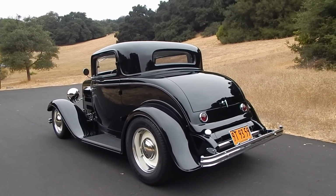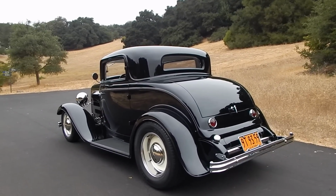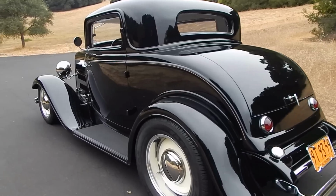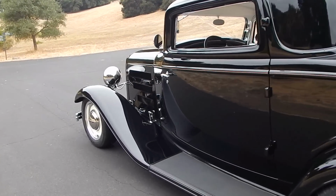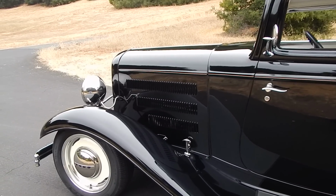I could talk forever and be enthusiastic till the cows come home, but man, I'll tell you, this body's just beautiful. The chop's just right. It has that nice old school look. When we get inside the engine compartment, you'll see what I mean even more. So we're